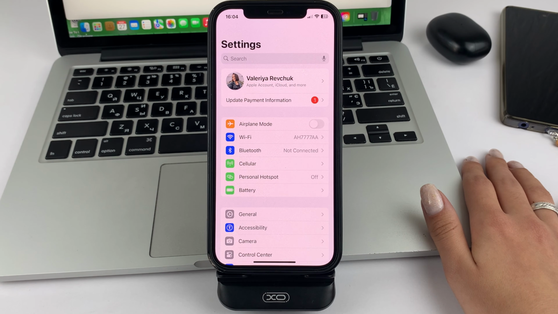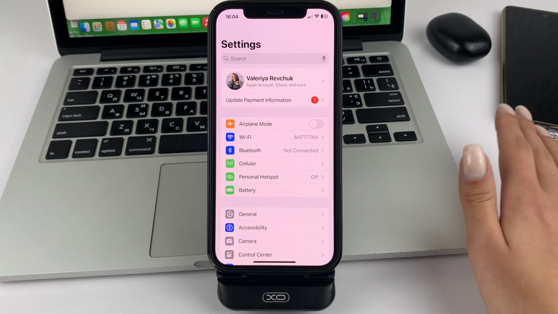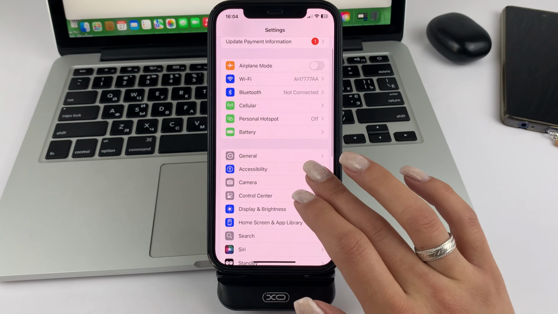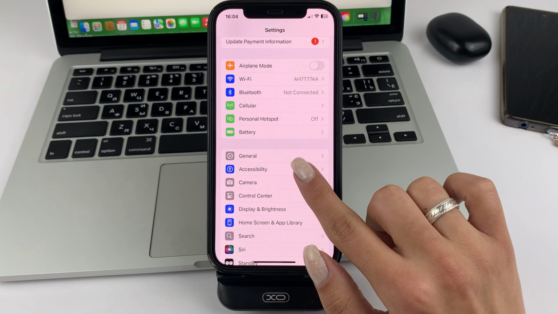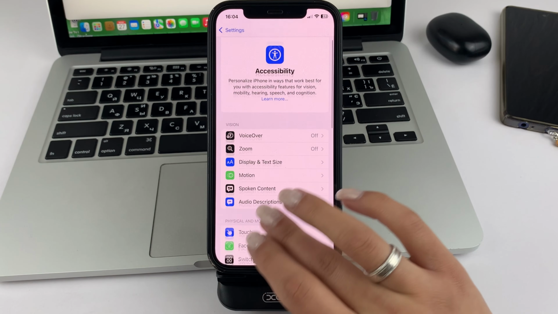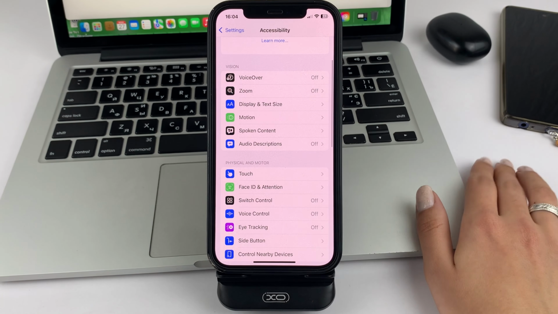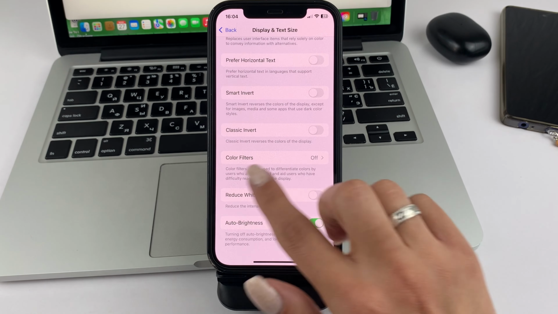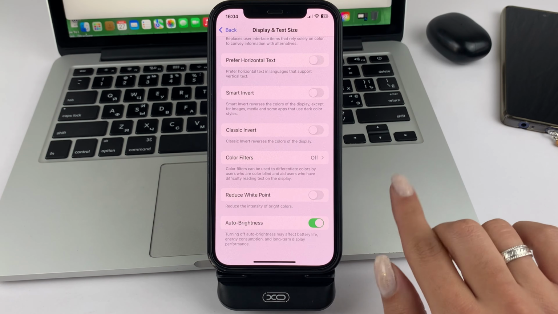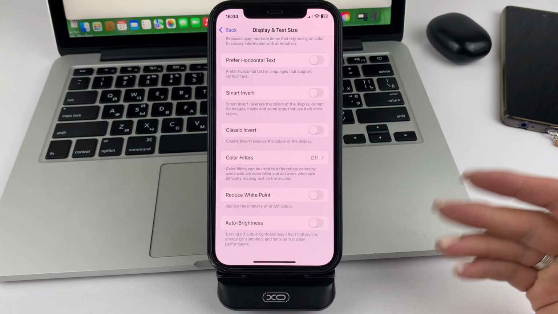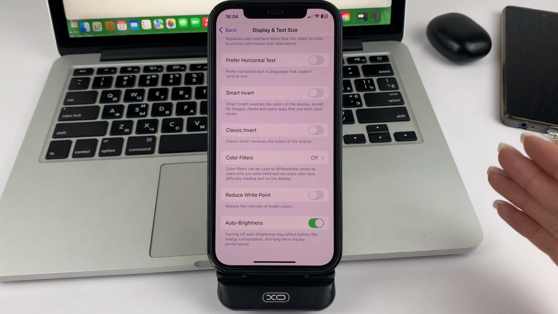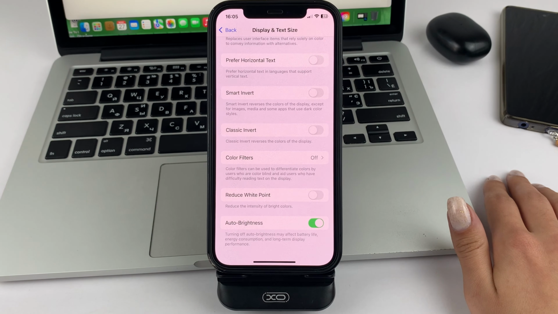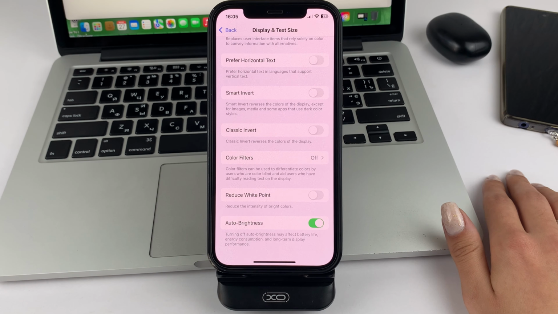Also, friends, I recommend you to try to disable auto brightness on your iPhone. To do this, please go to Accessibility. Please scroll down, and here you'll find the Display section. Now scroll down to the very bottom, and here you can see the Auto Brightness Adjustment. You can turn it off, or on the contrary try to turn it on. This may help in solving your problem. Sometimes flickering can occur because of the strong brightness of the screen.